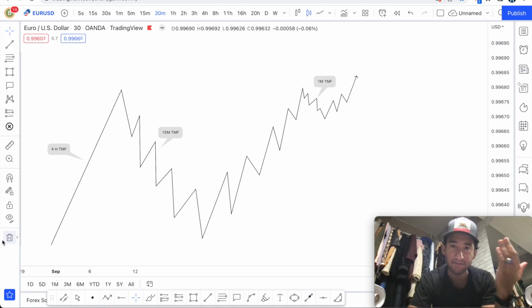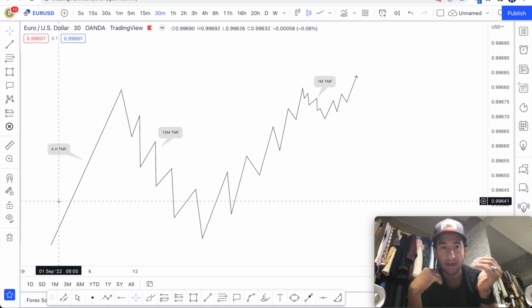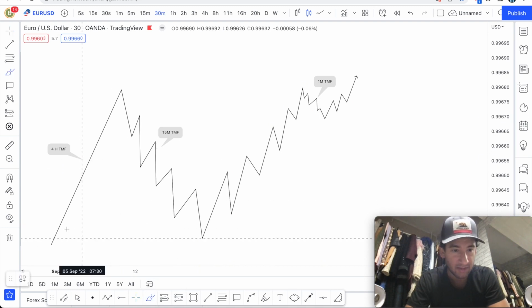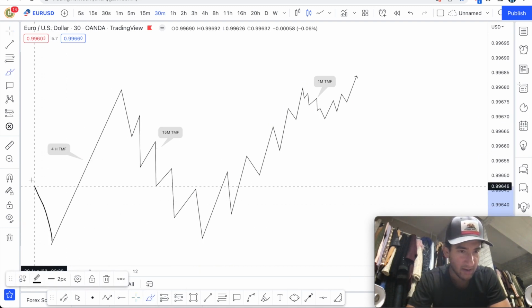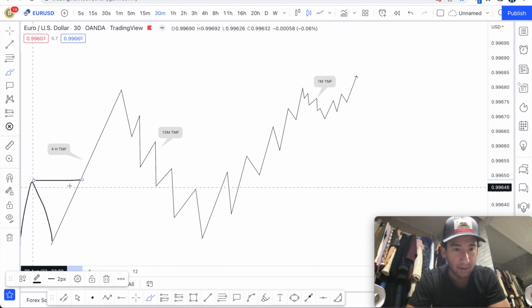And once we identify what's happening in present time, we can now start to hypothesize. We're going to start scaling down to the lower time frames to finally see where that 15-minute structure is within the 4 hour lows and 4 hour highs, okay? So once we find out what the 4 hour is doing, let's just say something like this, right? Something like that. If the 4 hour has made a break of structure like this,